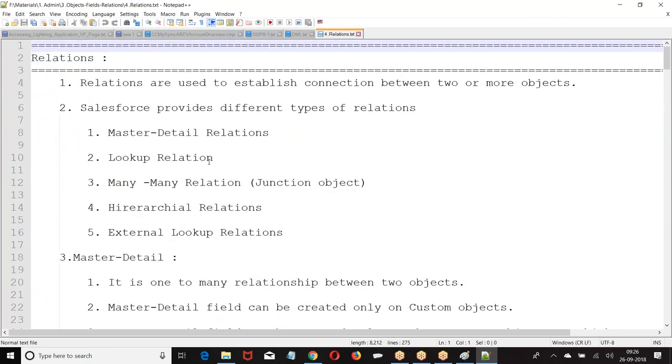Relations are used to establish connection between two or more objects. Salesforce provides different types of relation: master detail, lookup, many to many, hierarchical, external. How many types of relations we have? Five. Master detail, lookup, many to many, hierarchical, external. We started our discussion with what?